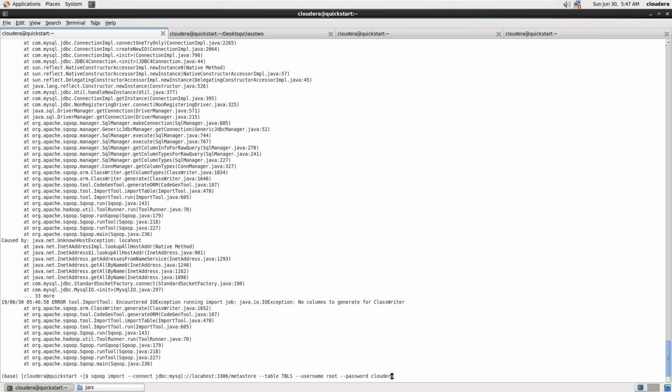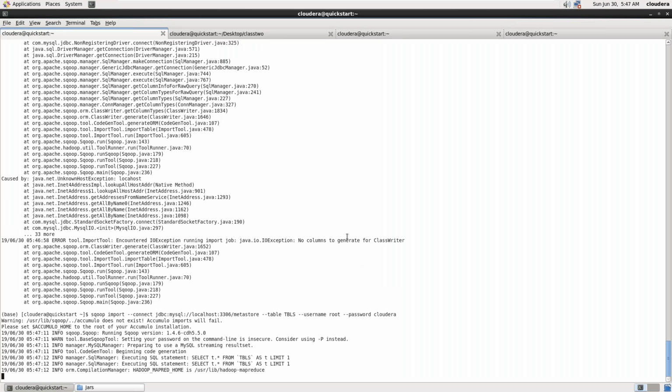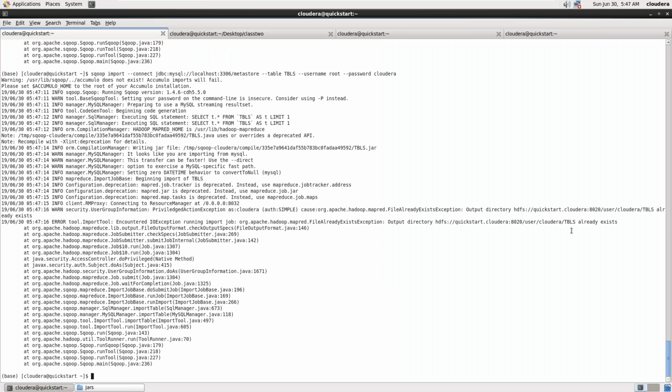Unknown exception, localhost spelling wrong. That is a problem. Okay. Yeah, now it's working, guys. So you can see here, still a problem. What is this? TBLS already exists. Okay. Anyways,